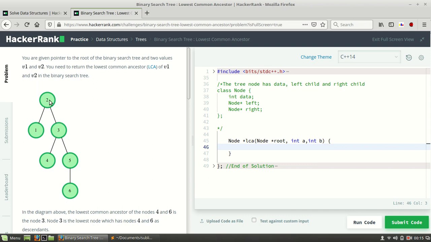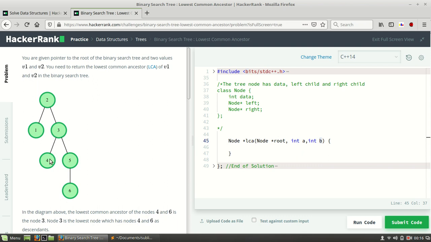So the logic will be, in A we will store the smaller number, and in B we will store the larger number. It is not given in the problem that A is smaller and B is bigger, but if A is greater, we will swap A and B. Because suppose we put 6 here and 4 here, 4 at the place of 6 and 6 at the place of 4, there will be no change. Both will link at 3 only, so nothing changes if we swap A and B. Okay, so A will be the smaller one and B will be the larger one.